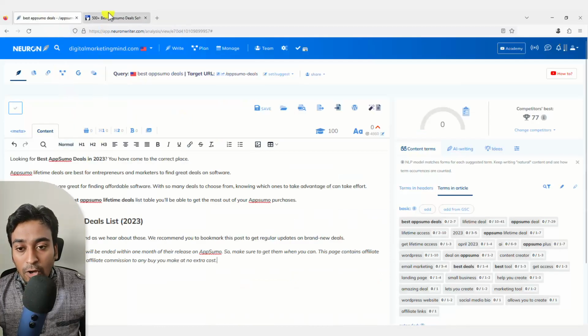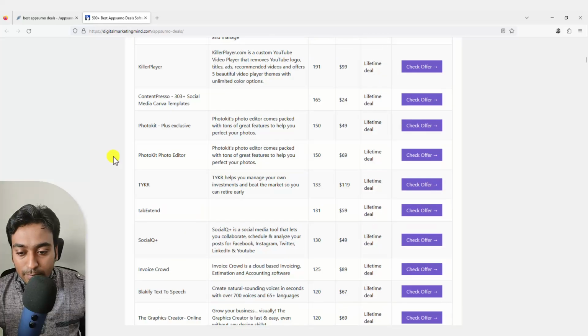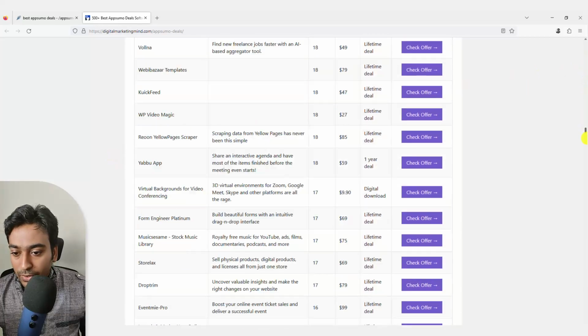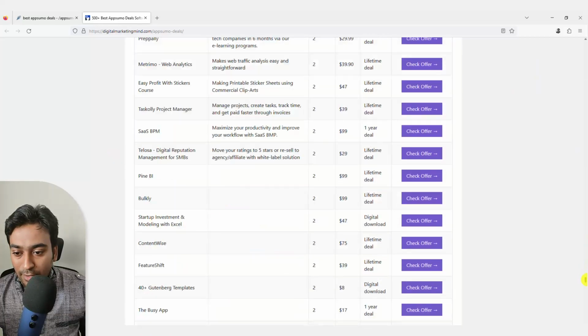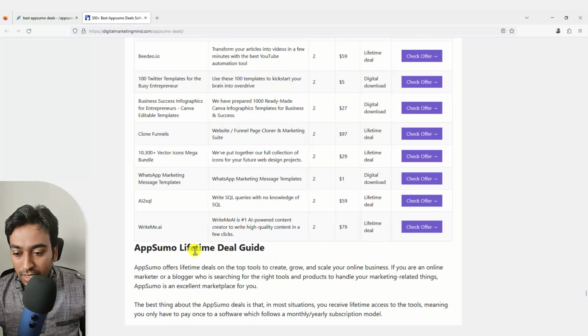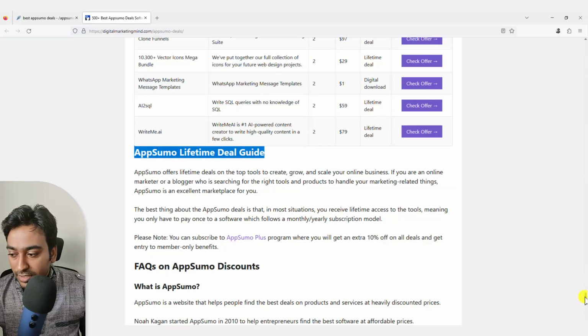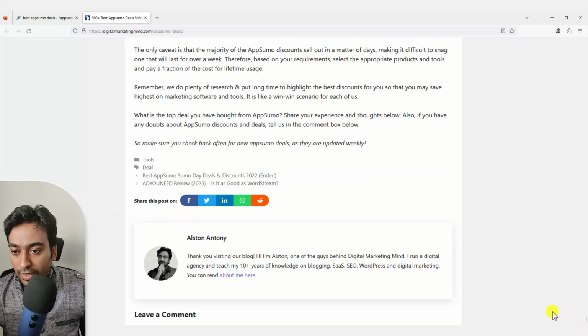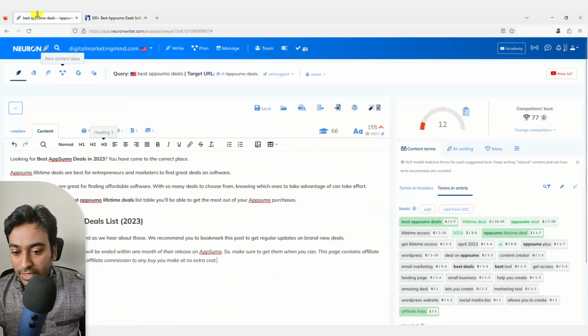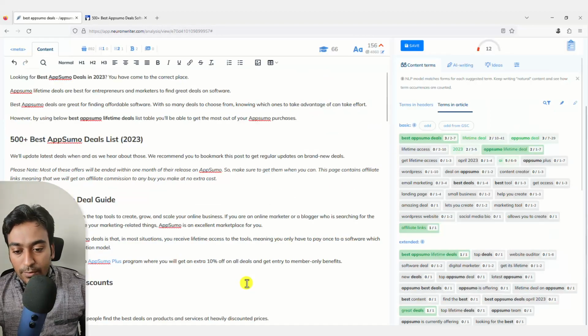Just copy. It will copy with the formatting. I like that particular option because, let me go down, there are a lot of deals on this particular page. Then I go into the next content section of this page and copy all these things, and it will copy all the data with HTML formatting, internal links, and the links placed.